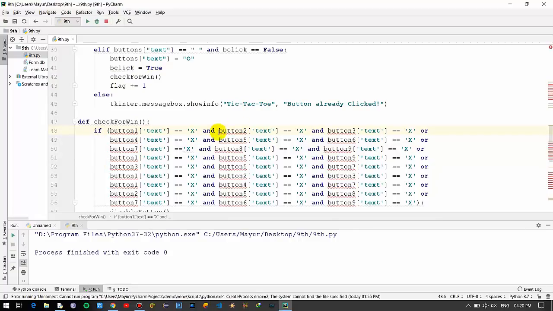The combination is in this format. I'll just comment it over here: 1, 2, 3 in a matrix form basically, then 4, 5, 6, and 7, 8, 9. I'll just run this,